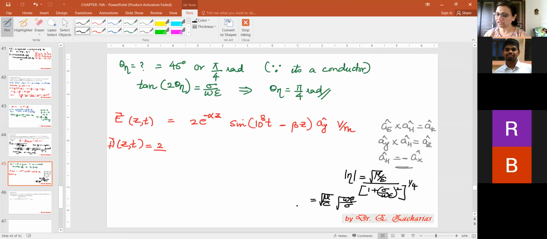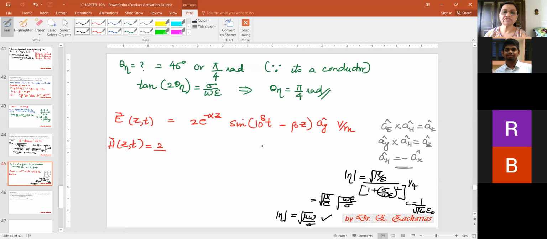Under root, and then go ahead and do the simplification. Once you do everything, you will get modulus of eta equal to under root of mu omega by sigma. In case you're wondering what has happened to the C, you have to remember that C equals 1 by under root of mu naught epsilon naught. So all that, once it gets into this expression, you will get this. So that's going to be your modulus of eta.